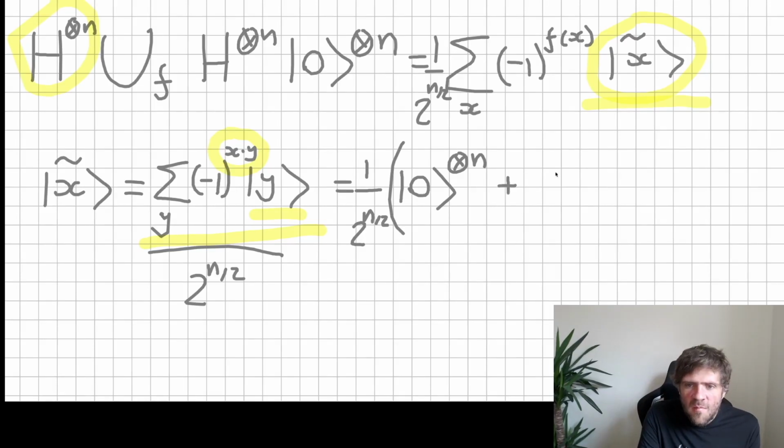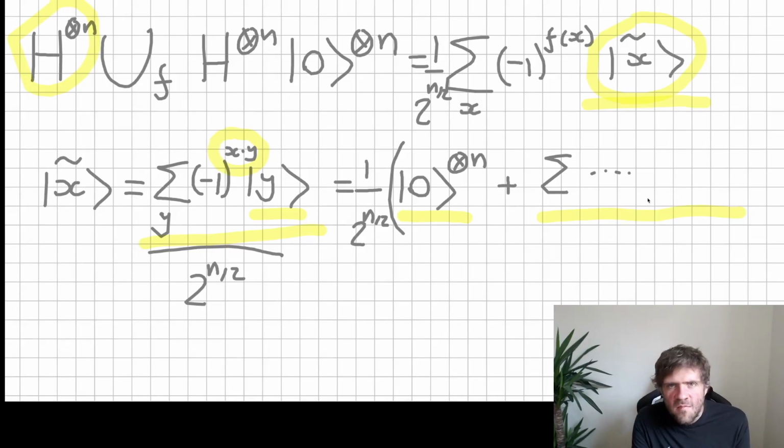But the one bit string that never has any phase is the one that represents the all zero state. So we can think of this as being a big superposition of the all zero state and a bunch of other bit strings with various weird phases. And it's actually just the all zero state that we need to think about in thinking about this algorithm, because